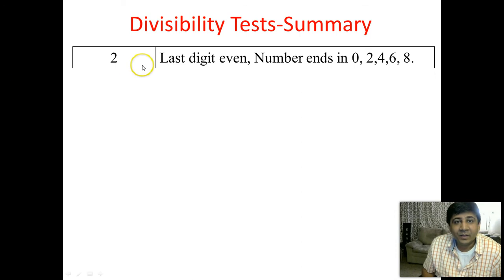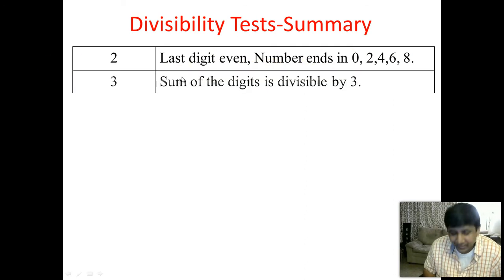For example, any given number, no matter how big, will be divisible by 2 if the last digit of that number is even. Just pick the last digit. If it is even, for example 2, 4, 6, 8, or 0, then the whole number will be divisible by 2. Similarly,